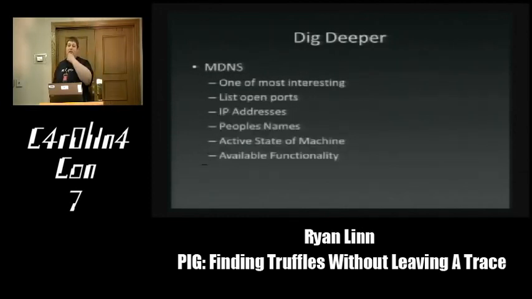MDNS is the one I talked about earlier. The thing I don't really understand is Apple feels the need to send out a packet listing all of your ports. I'm not sure how that can be helpful at all. I guess it's designed to help in service discovery on the network so that you can see peers that you can talk to, whether they be SSH servers, gateways, etc.